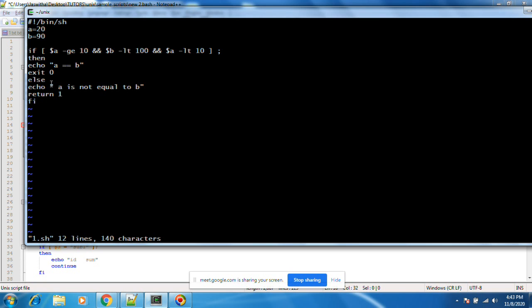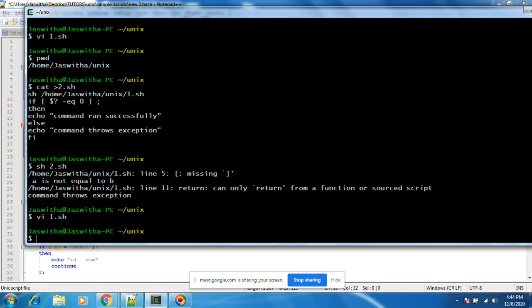Exit 0 means the program closed without error. Exit 1 means the program exited with some error. That is called exit. Let's see.